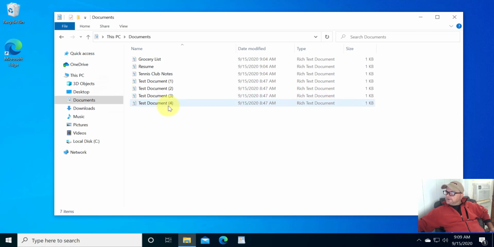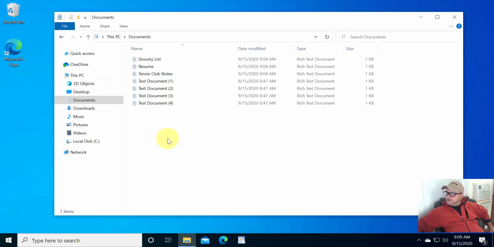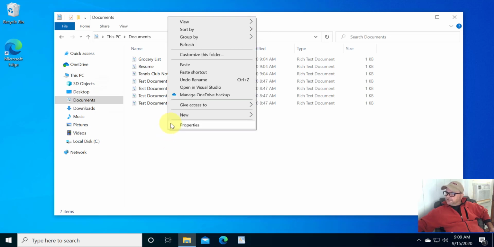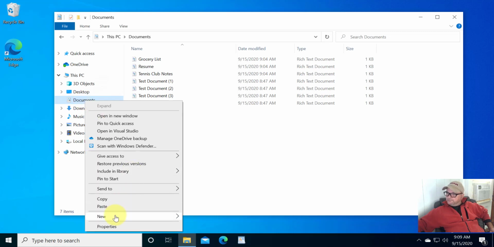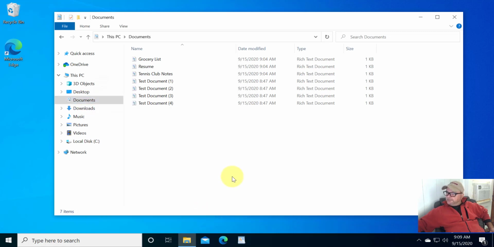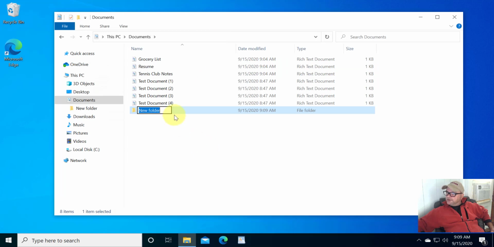So to create a folder, the right mouse button is incredibly capable in Windows 10, and believe it or not, if I just right click here, I can click on new folder. I can do it that way. However, I could right click right on the documents folder and go new folder. But maybe the standard way would be to come up here to the top and click on home to open up this ribbon here, and then you'll see a command right here for a new folder. So whichever way you want to rely on. I personally would have right clicked, but I'm going to click on new folder right here,